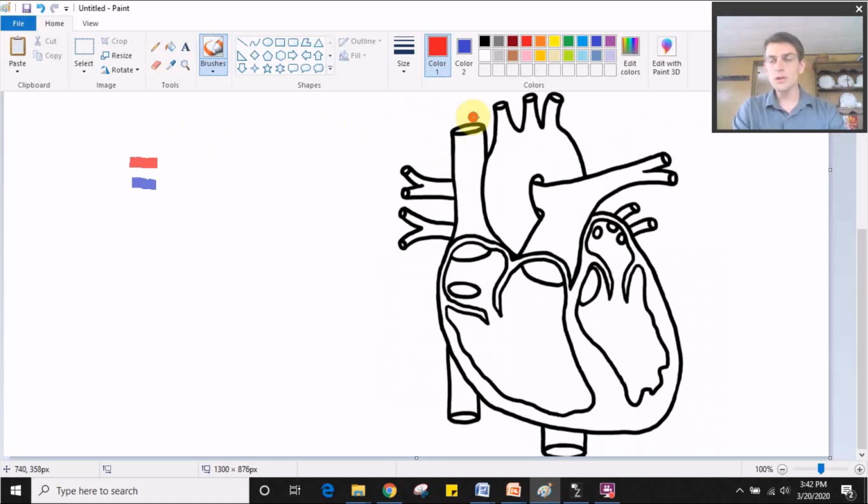So we're going to start with blood that's coming from the body. So let's say your blood just got back from your hand, and then it goes to your heart. It is oxygen poor blood at that time, so it's going to be blue. And it's going to come in right here. It's going to come into the right atrium. And this right here is the right atrium. It's this little chamber that kind of holds the blood until it's ready to be pumped out by the ventricle. So that's your right atrium right there.